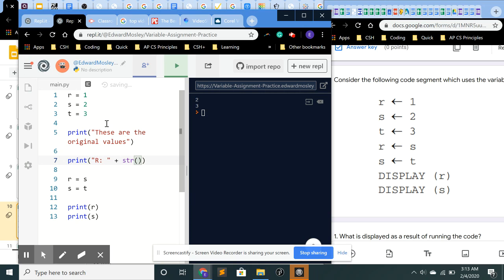Concatenate. Then we have to add this string here. And we're going to do the same for S. Notice how I did not take it over, just copy and pasting. Now when I run it,